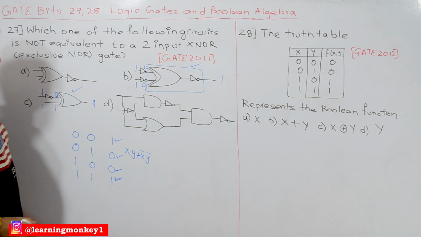Now considering this circuit, we will try to construct the expression for this circuit. It is big, so directly giving 0 0 0 1 is a bit difficult. So we will try to construct the expression for this. So it is a negation. For example, the inputs are A and B, there are two inputs. The output of this logic gate is AB bar, whole complement, because it is a NOT gate. So completely it is called as NAND gate.